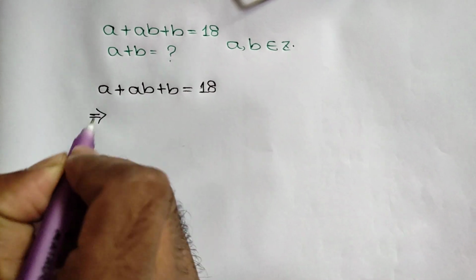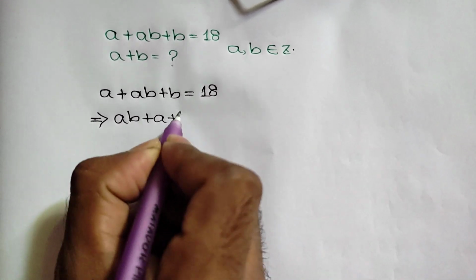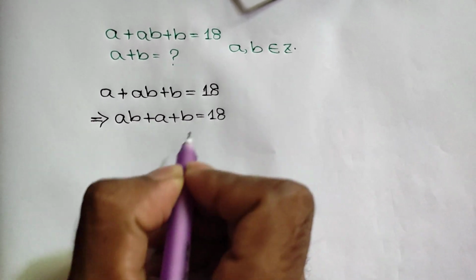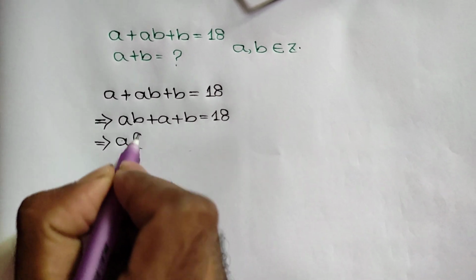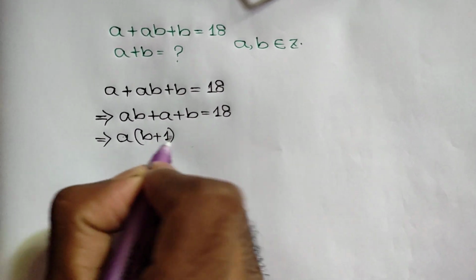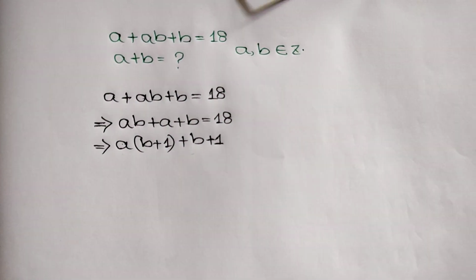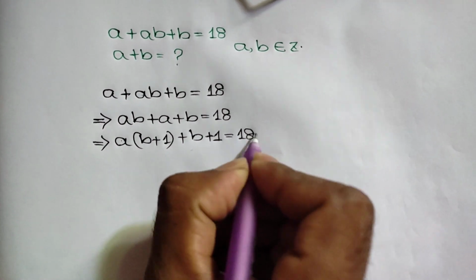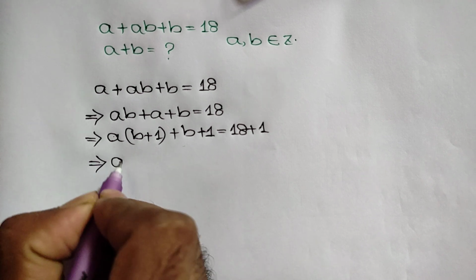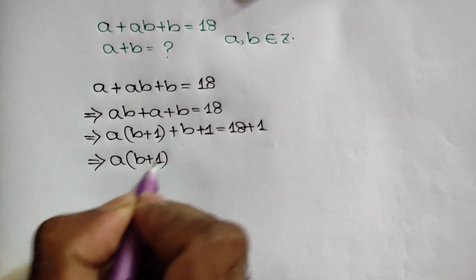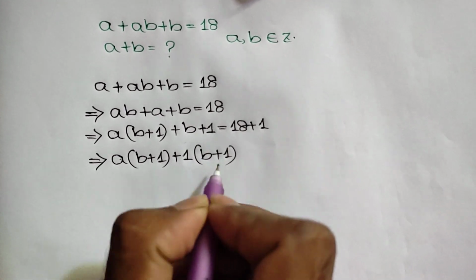or rearranging it we can write ab plus a plus b is equal to 18, or taking a common from the first two terms we will get a times (b plus 1) plus b, and adding 1 to both sides we can write a times (b plus 1) plus 1 is equal to 18 plus 1, or a times (b plus 1) plus, taking 1 common here, we can write (b plus 1) is equal to 18